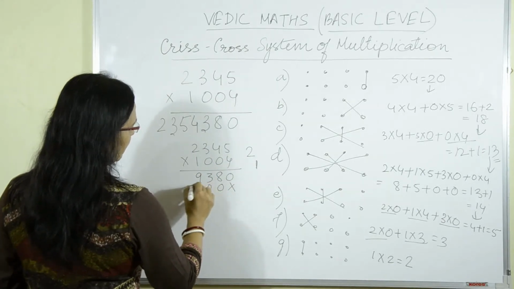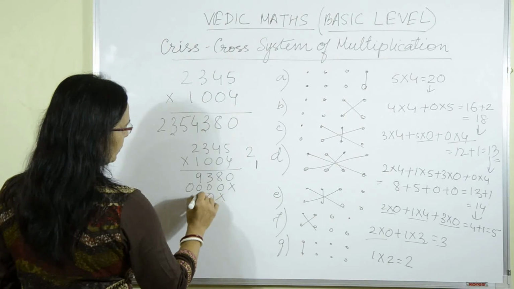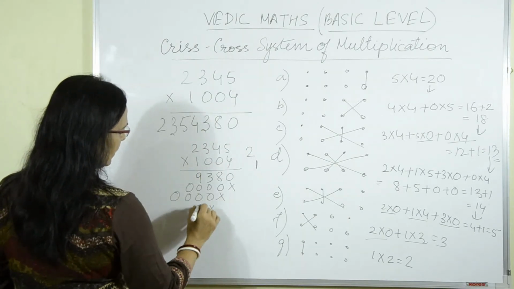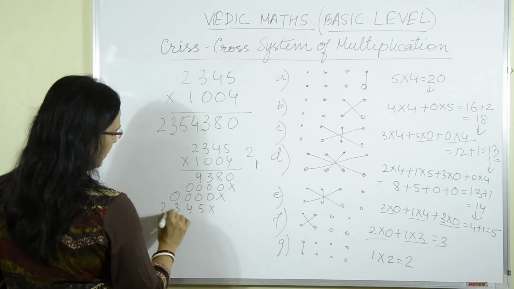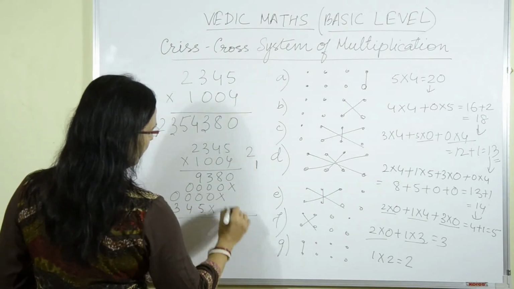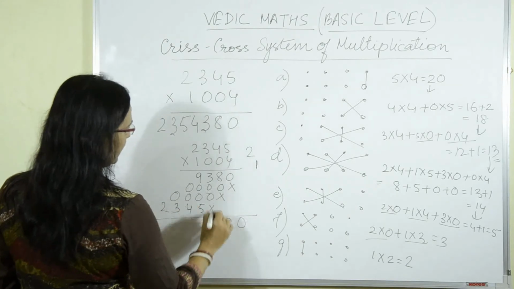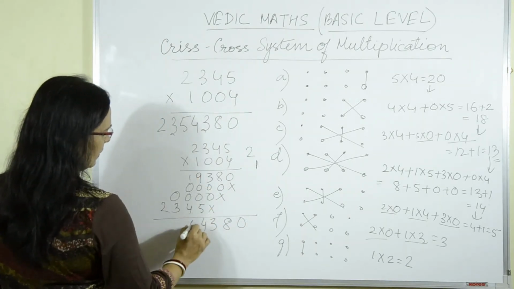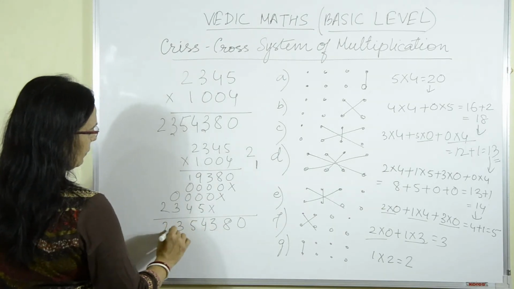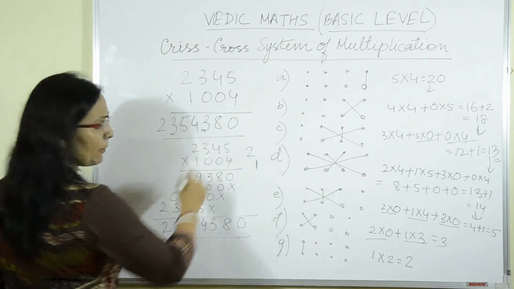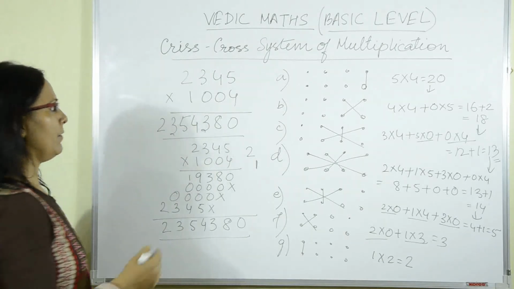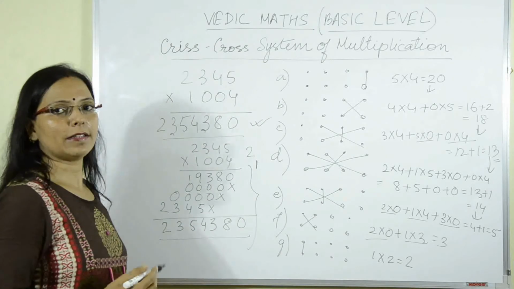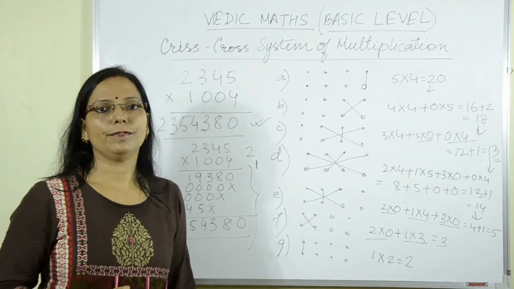Now I have all zeros here because it's multiplied by zeros. And the last step, multiplied by 1 is the same number itself. Now let's see what is the answer. 0, 8, 3, 9 plus 5 is 14, carry 1, it's 5, 3 and 2, and we can see the answer is the same. It's the same answer that we get here. This method is the Vedic method and this method is the general method that we do in the school.